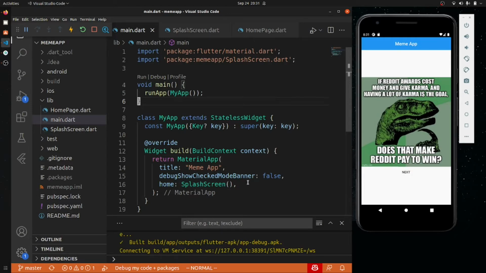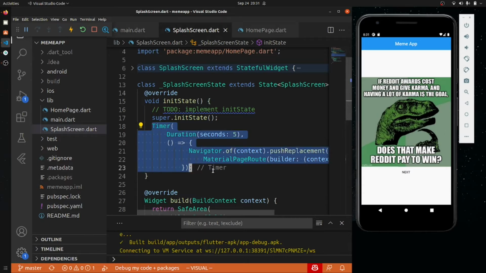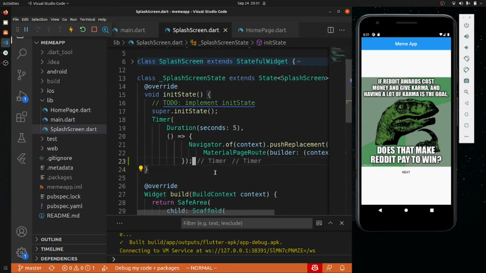Basically, we have done nothing, we have just created a splash screen page, and that splash screen takes us to a home page. This is the home page that you can see. We have a timer which routes us after 5 seconds. I have explained this in my last video, how GetX is better to some point than these other things, so you can watch that if you want. Basically, if you want to see the logic of creating this, I have shown you where we are getting the APIs from.